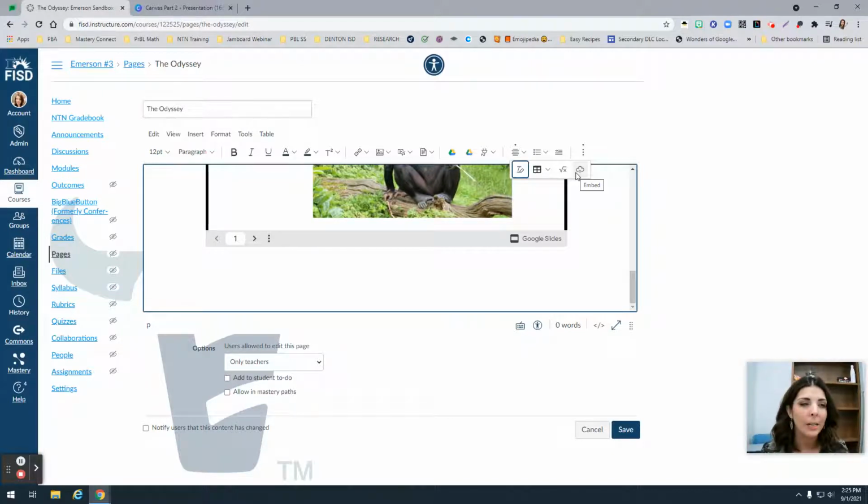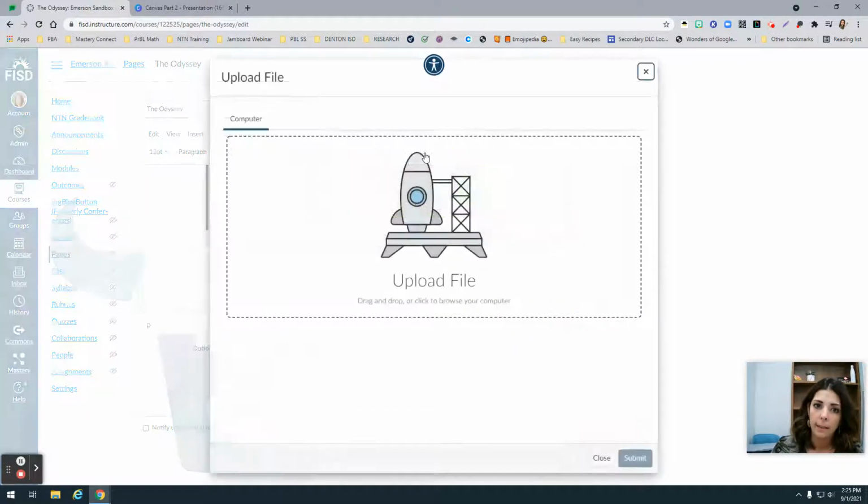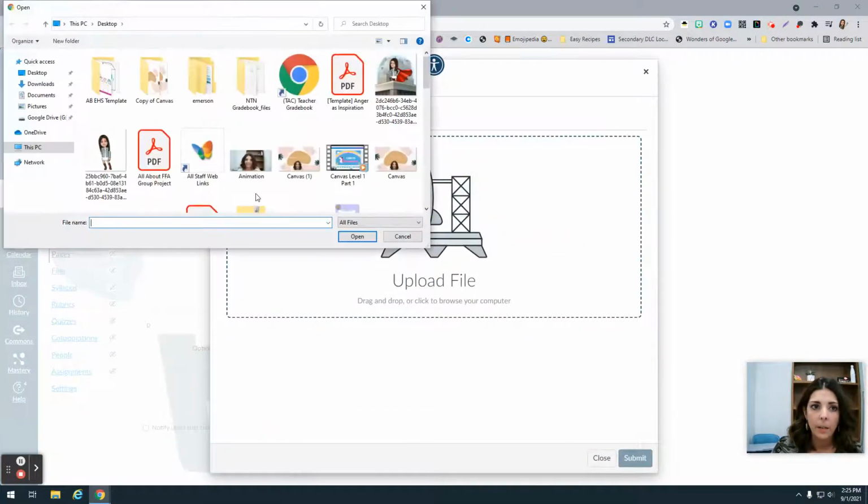So remember what we talked about at the end of the first one. With Canvas, you go slow, you go at your own pace. You don't have to learn everything at one time. But one of the most helpful things is definitely embedding presentations from Google Slides in here, as well as images and audio and links. So if I have a file to upload,